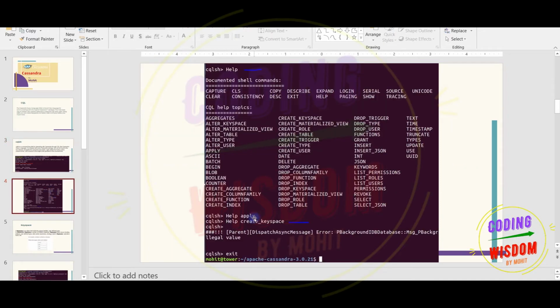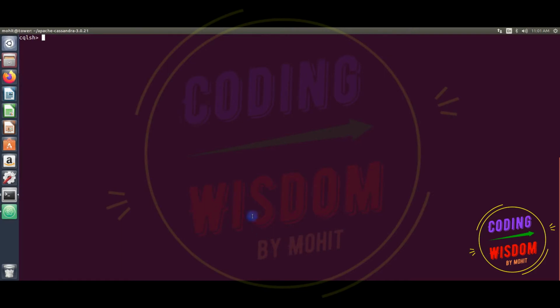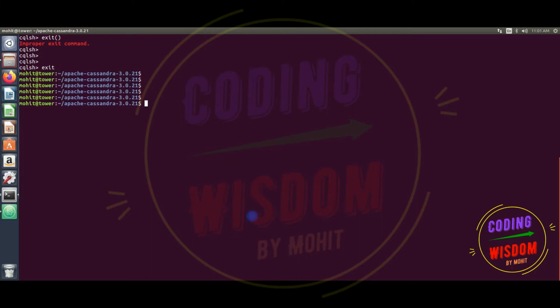So let's see how we can run the CQLSH command. I'm exiting from this one. This is my Apache Cassandra directory. You can see this one, and in the bin directory there is cqlsh. When you press enter, you will get the CQL shell.